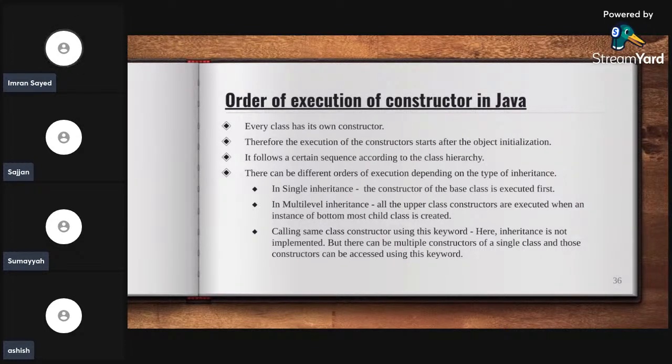तो सिर्फ सीक्वेंस की यहाँ बात हो रही है, क्या ऑर्डर में एग्जीक्यूट होगा, जब हम क्लासेस को इनहेरिट करते हैं। तो सिंगल लेवल जब इनहेरिटेंस होता है तो बेस क्लास का कंस्ट्रक्टर सबसे पहले एग्जीक्यूट होगा। मल्टीपल लेवल में ऊपर वाले क्लास से स्टार्ट होगा, ठीक है, और कॉलिंग द सेम कंस्ट्रक्टर यूजिंग द दिस कीवर्ड। तो दिस कीवर्ड की यहाँ बात हो रही है।